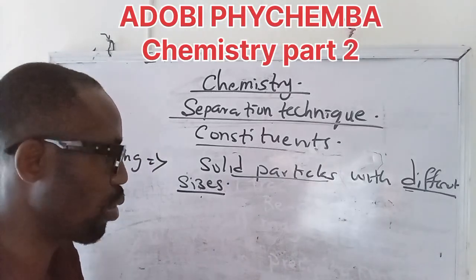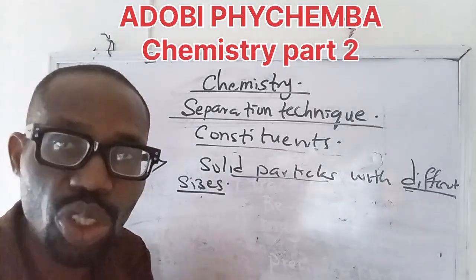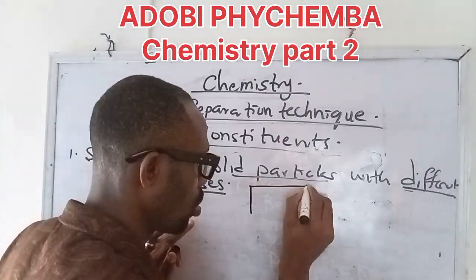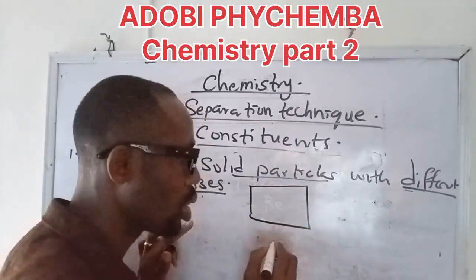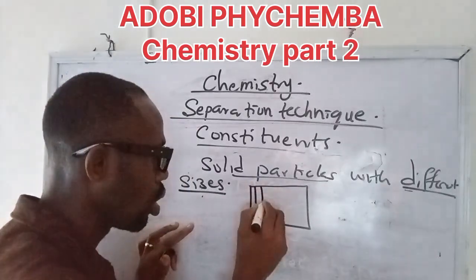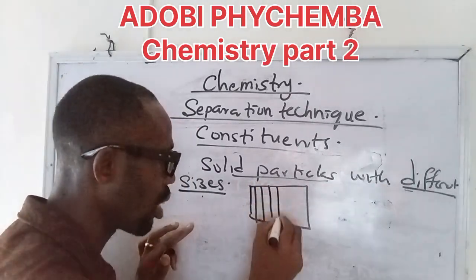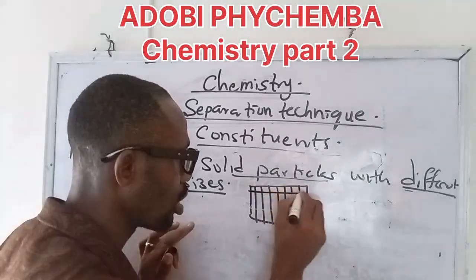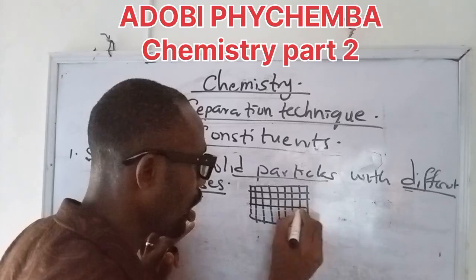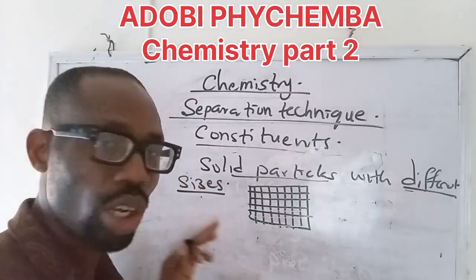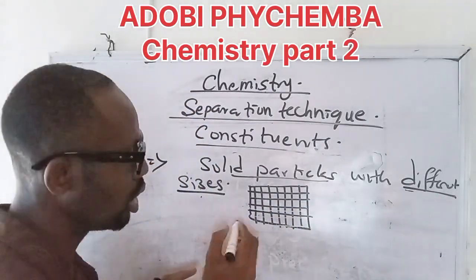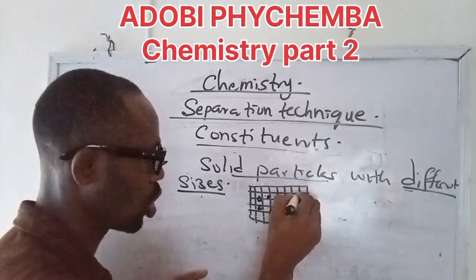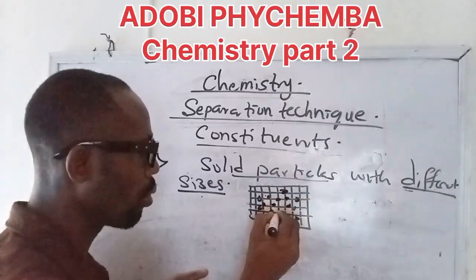Now, how do you do it in this case? Separation of solid particles with different sizes. The method widely employed there is using a mesh. A mesh is like a square structure with tiny holes with the same area. The essence of those tiny holes with the same area is to separate these solid particles with different sizes. So when you put those solid particles on top of this mesh,